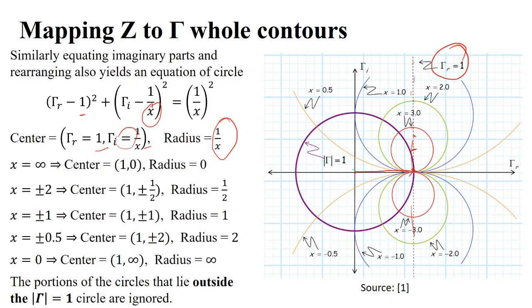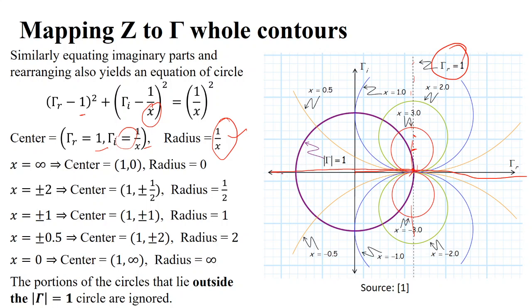For this one, what will be the center? This part will be the radius, from here to here. So as you go on decreasing x, the circles will become larger and larger. The radius will become larger. If you make x equal to 0, we already know that when x equals 0, this should map to this line. We can also say when x is 0, the radius will become infinite. So this circle will have an infinite radius, and approximately the circles will cross this line and move along this line.